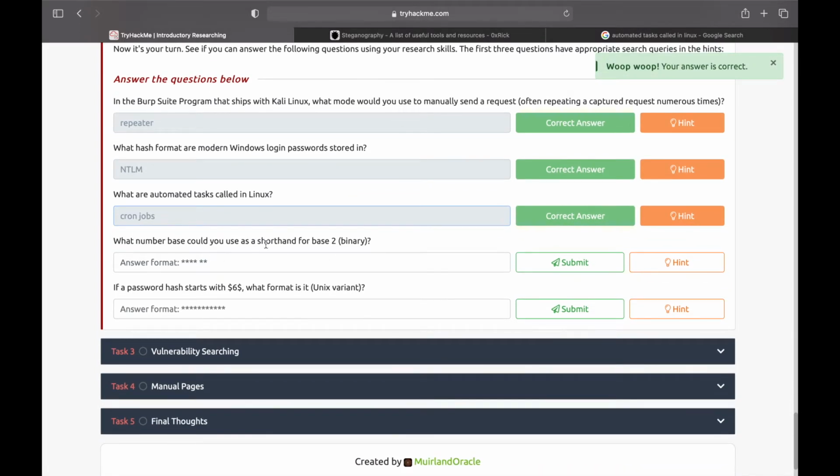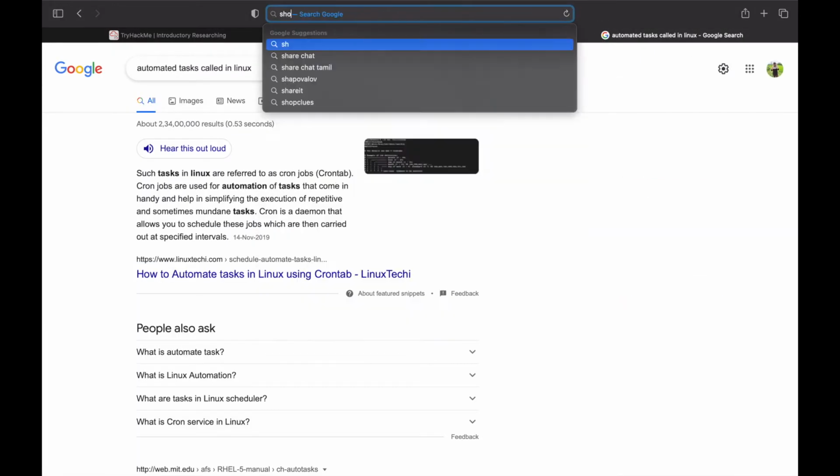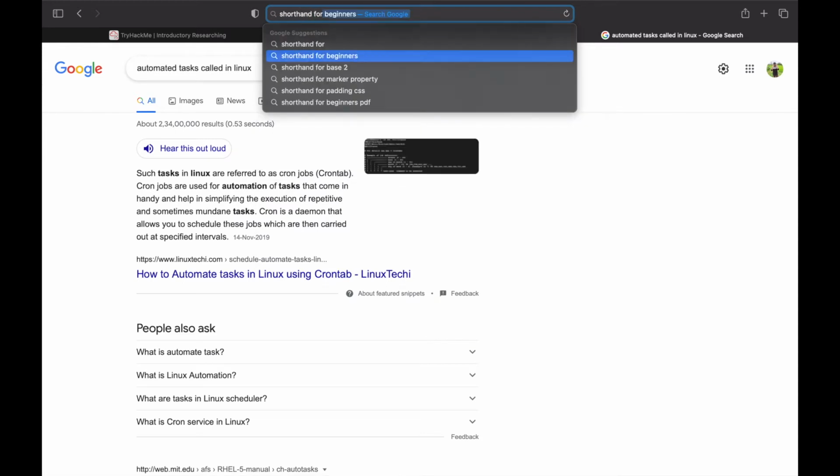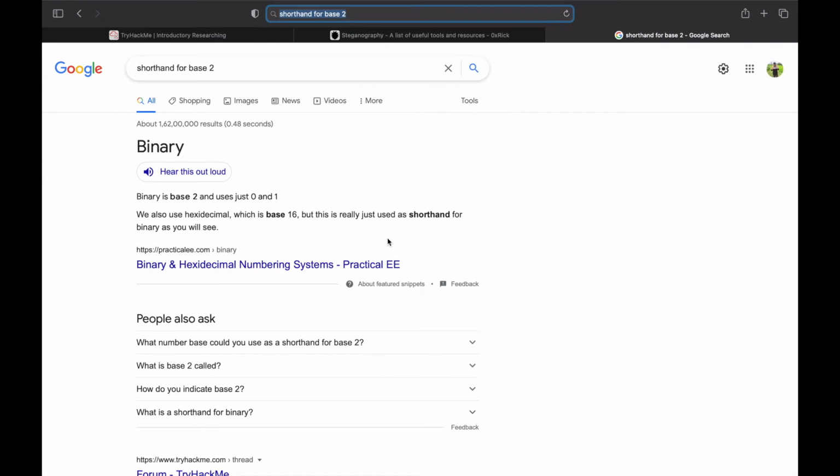What number base could you use as a shorthand for binary, base 2? Shorthand for base 2. Binary is base 2 and uses just 0 and 1. We also use hexadecimal, which is base 16, but this is really just used as shorthand for binary, as you will see.